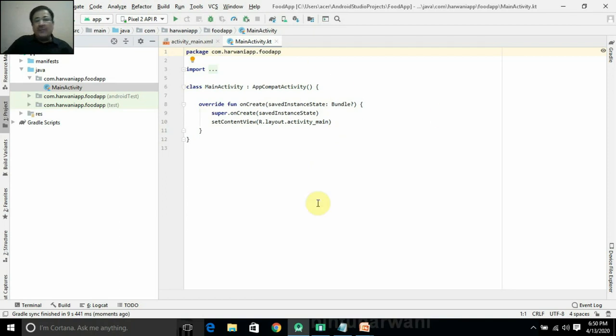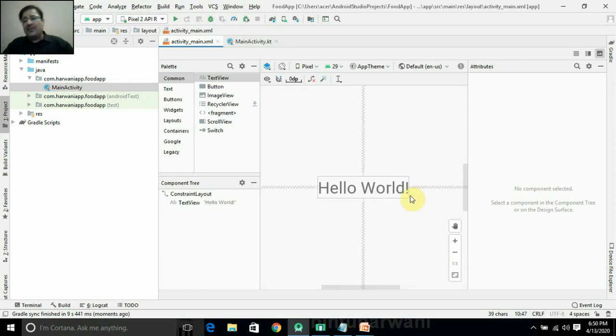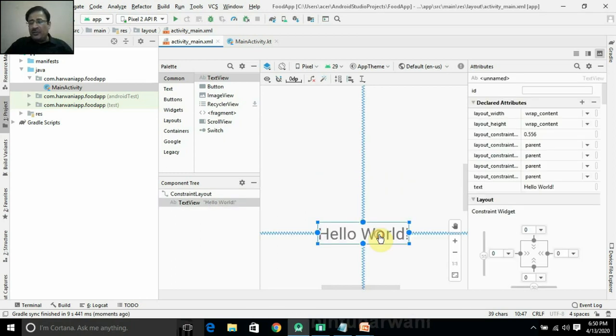Okay, as we've understood earlier also, 2 main files are used in any Android app. One is your main activity Kotlin file, which will load your layout file, and this is your layout file, activity_main.xml, and this is its graphical view. We'll maximize it. In our application, we'll be displaying 3 checkboxes, 1 button and 1 text view. This is the default text view component which is provided in the empty activity template, and we leave it as such. And besides this, we want 3 checkboxes, right, and 1 button.